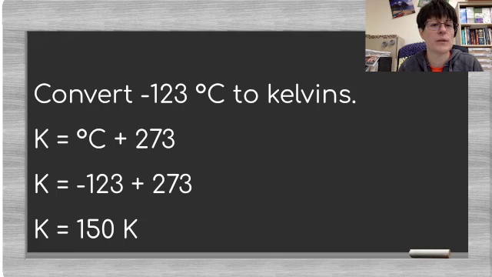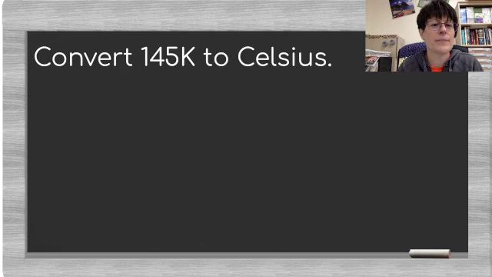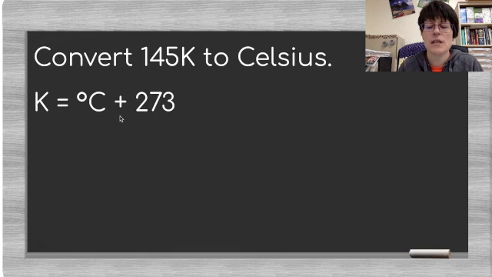So pretty straightforward. But what if we go the other way? Let's convert from 145 Kelvin to Celsius. So we have K equals degrees Celsius plus 273. Okay, but the problem here is we want degrees Celsius, not Kelvin. So we'll just